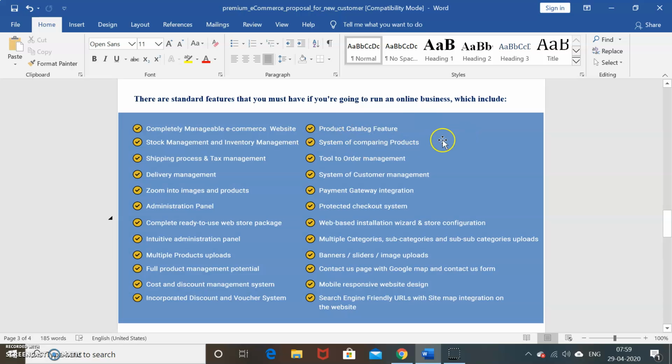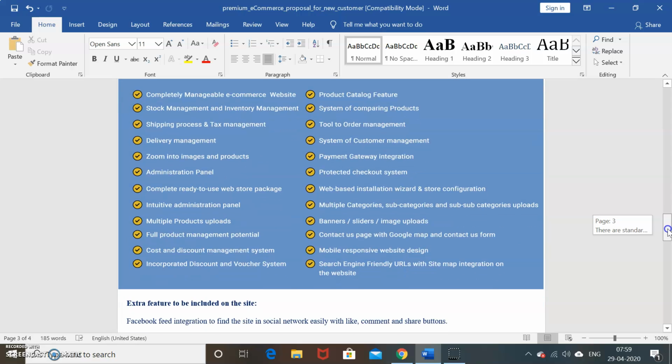So there are many more, like product catalog feature, system of comparing products, order management, customer management, payment gateway integration, protected checkout system, web-based installation wizard and store configuration, multiple categories, subcategories and sub means nested categories, uploads, banners, sliders, image uploading management, contact us page with Google Map and contact us form, email submission, SMTP configuration, then mobile responsive website design, search engine friendly URLs with sitemap integration of the website.